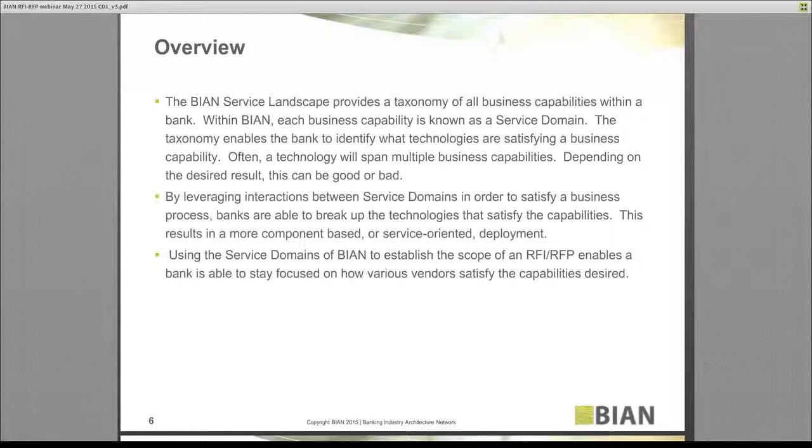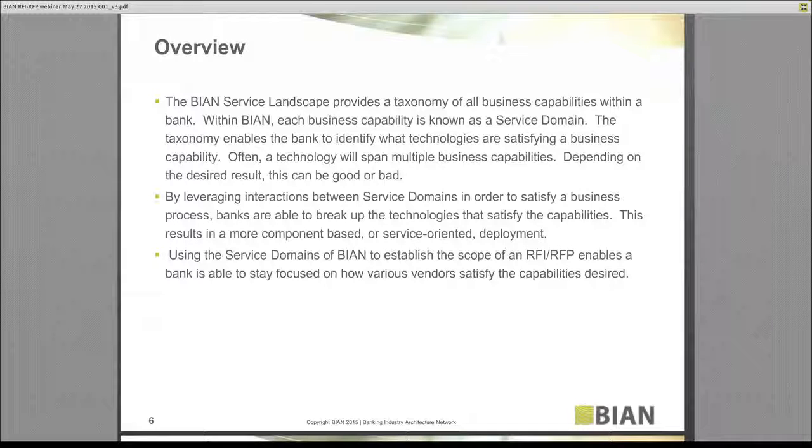This oftentimes creates additional spend and overhead for an organization, and as we talk about portfolio rationalization, as banks move forward to try and componentize things, it's important to keep in mind what you have in place already and how it will be impacted by your desire to move forward. So we can solve the problem of evaluating the interactions between service domains in order to